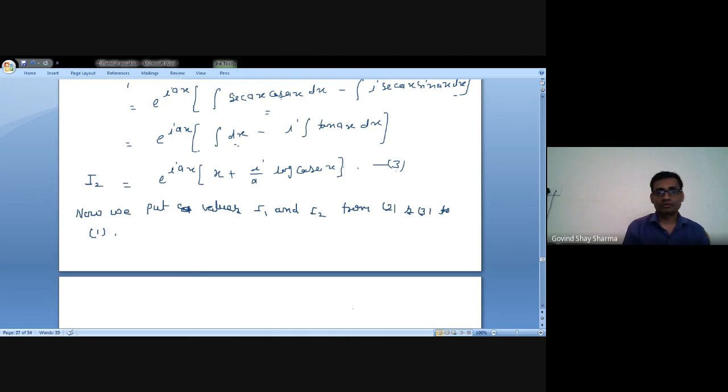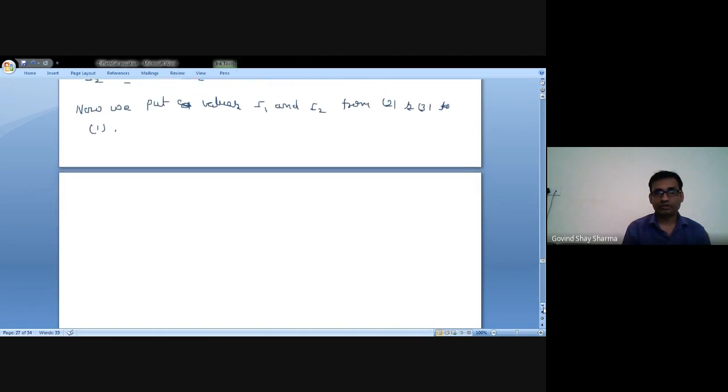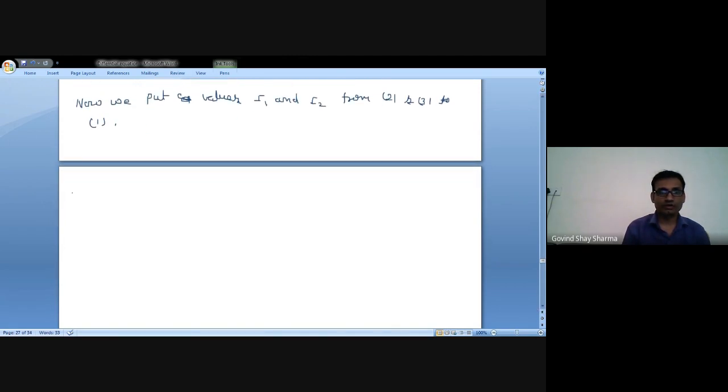What is the value we get? We get y is equal to minus half I1. I1 is equal to